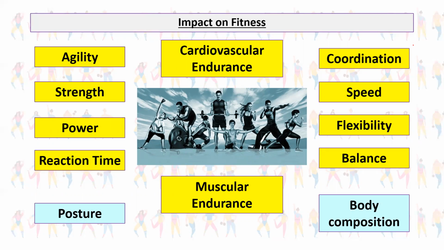I always try and remember them through the alphabetical order because that helps me make sure I don't miss out anything. So agility, balance, coordination, cardiovascular endurance. Which way am I going? Flexibility, power, reaction time. I've probably missed one. Muscular endurance, the different types of strength and speed. So you've got loads of different things. You don't have to comment on them all, but there's a huge range of potential options there.